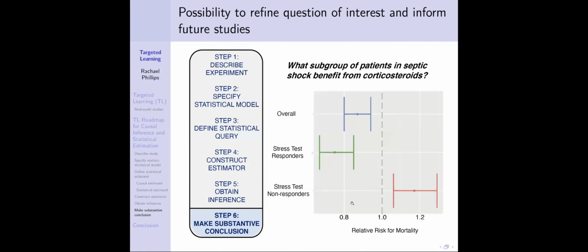Okay, also in making the substantive conclusion, we have the possibility to refine our question of interest and inform future studies. Interestingly, in this study, we found that 2 different groups of people responded to the corticosteroids in very different ways. So we can refine our question to what subgroup of patients in septic shock benefit from corticosteroids. And we found that patients who did not respond to the stress test did not respond well to the steroid treatment and shouldn't be given steroids, whereas patients who did respond to a stress test did respond well to the